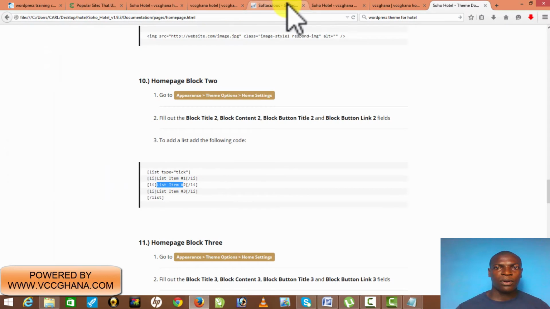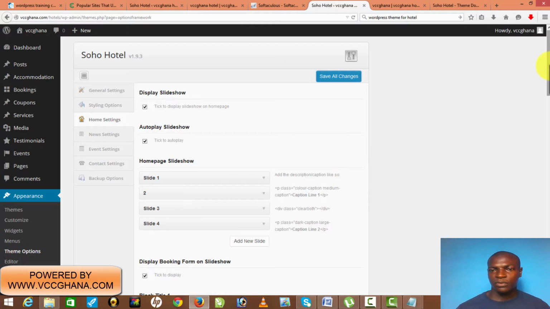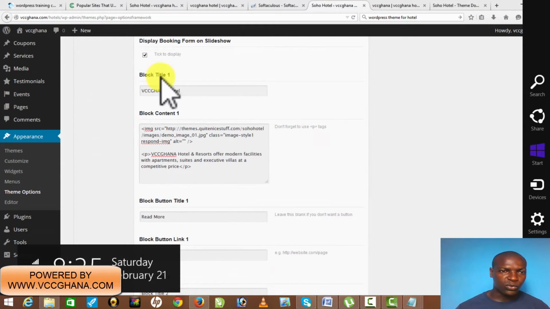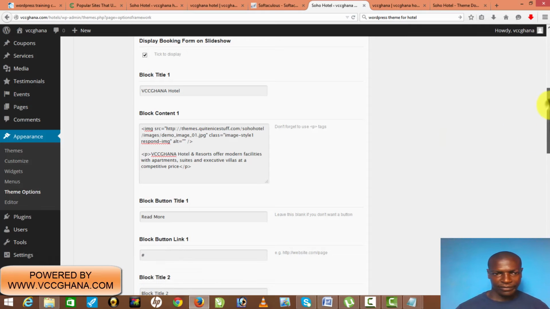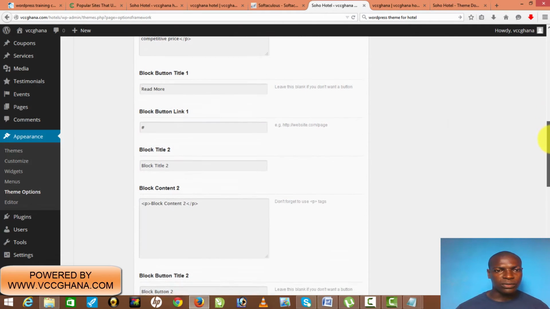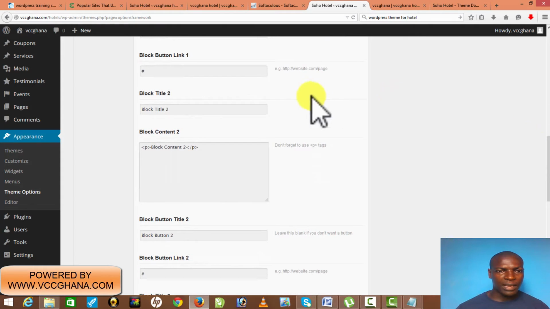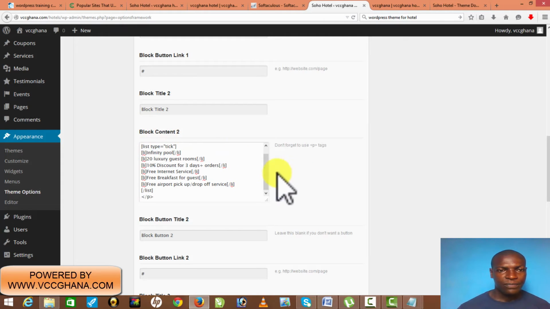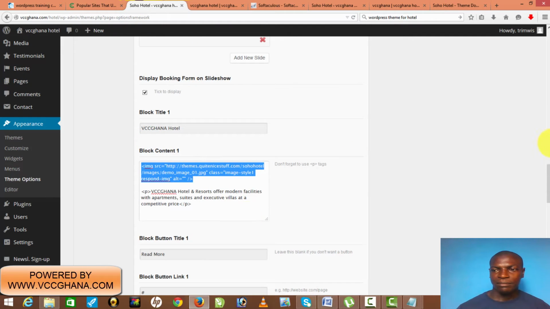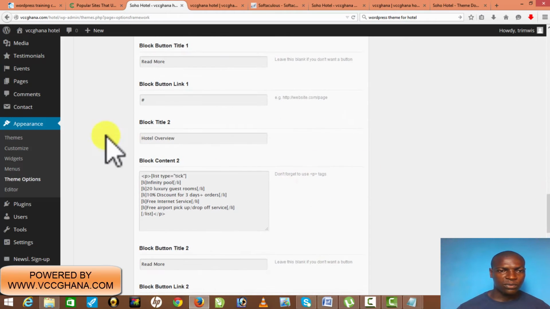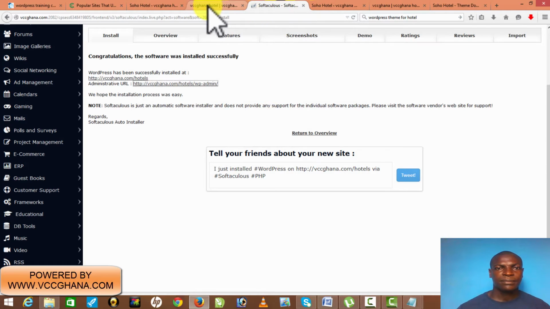and go back to our block again. So you can see here, we've done our slide, we've done block title 1. Right now we'll go to block title 2. You get it? So the code I copied, I'll just paste it here inside. That's the feature of the hotel, and paste it. Okay, it's that simple. So if we go by our model here, block title 2 will be the hotel overview. So I'll just copy it. It's very simple,